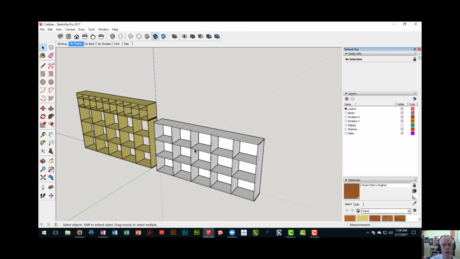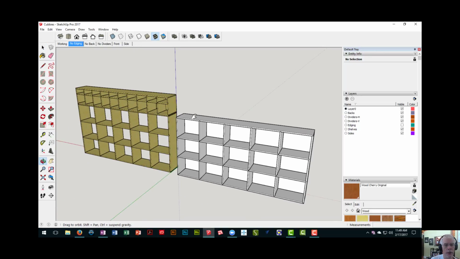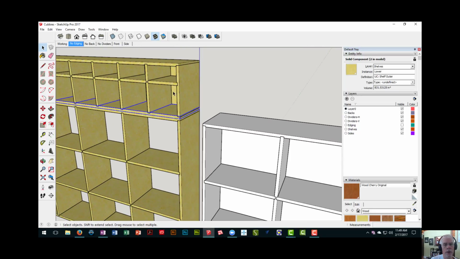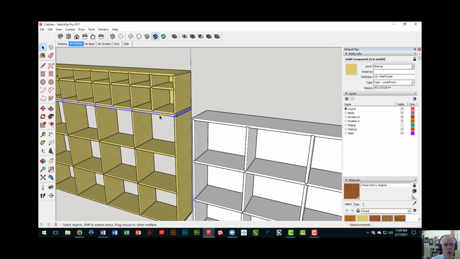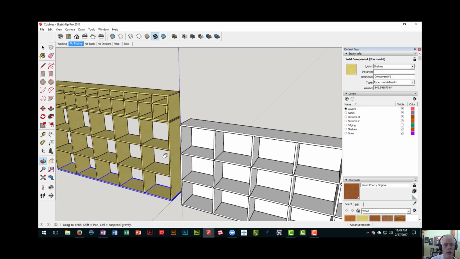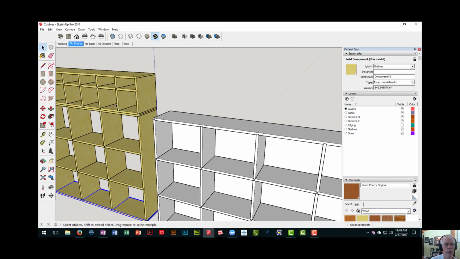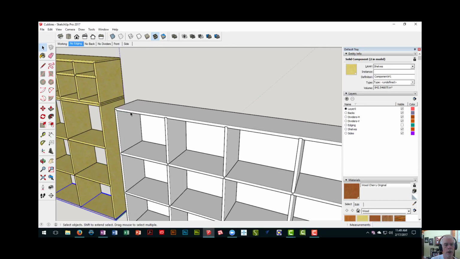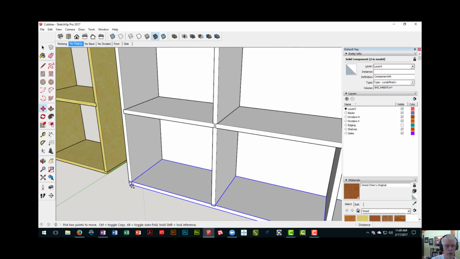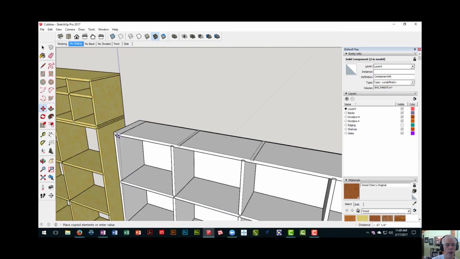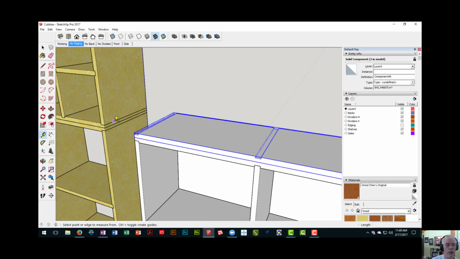Okay, so now we're going to do the upper cabinet. And one thing we're going to take advantage of here is the fact that this bottom and top piece are the same or almost the same as the bottom and top piece on the lower cabinet, except they have an extra set of dados in them for more dividers. So I'm going to start by copying this bottom shelf all the way to the top here, and then I'm going to measure this side piece,